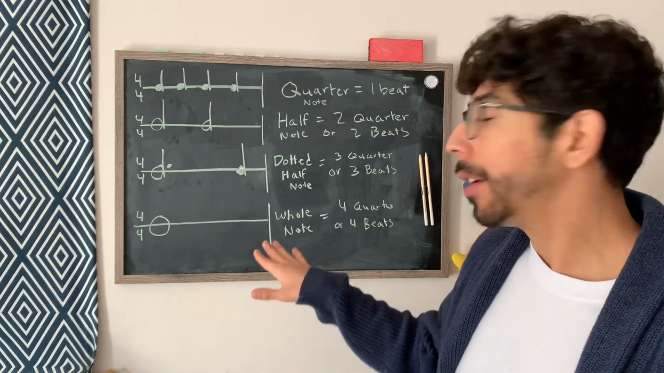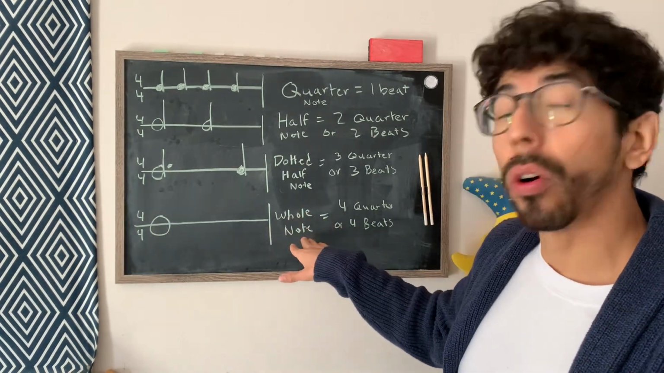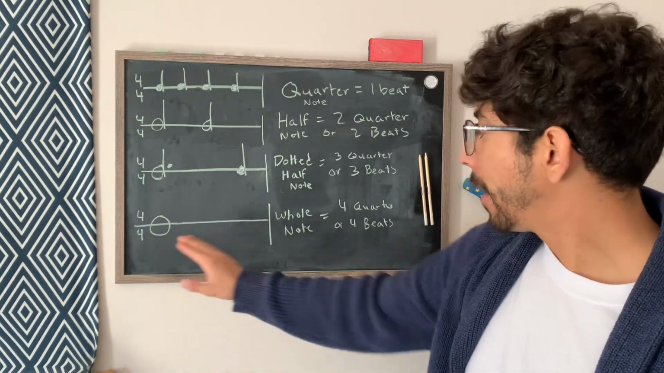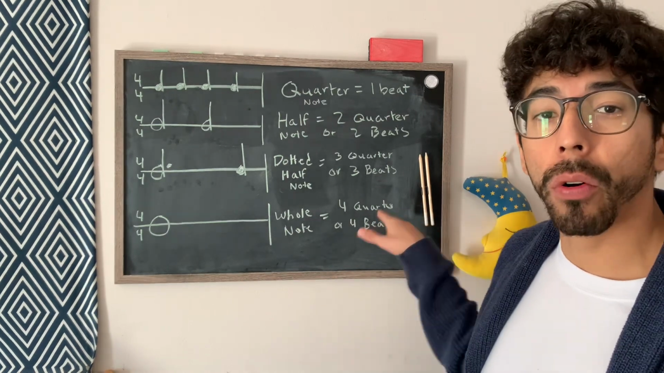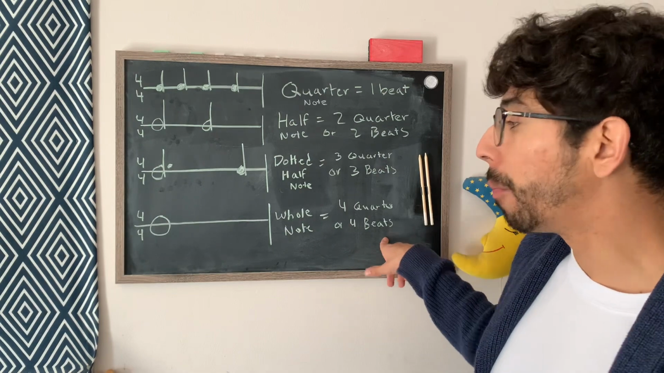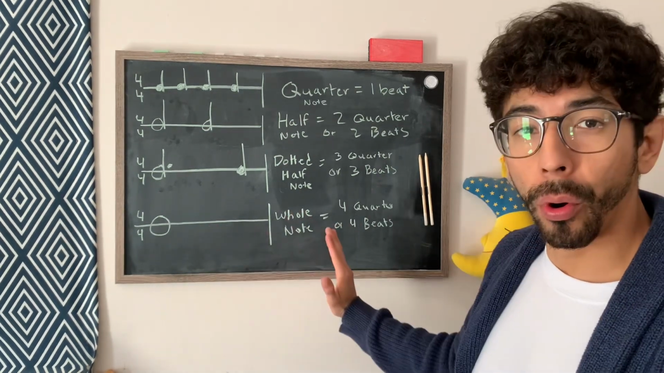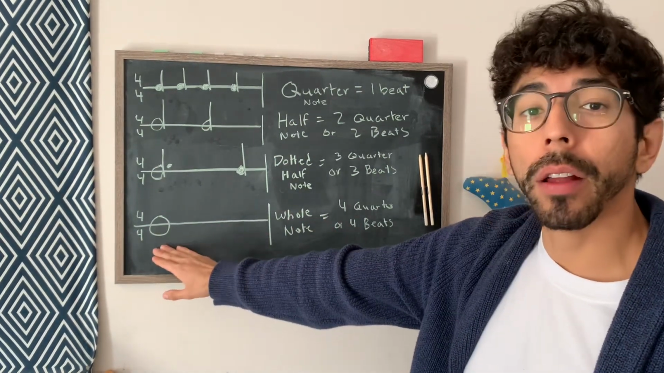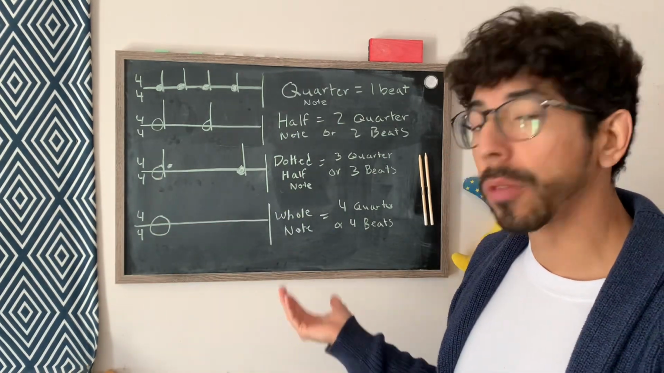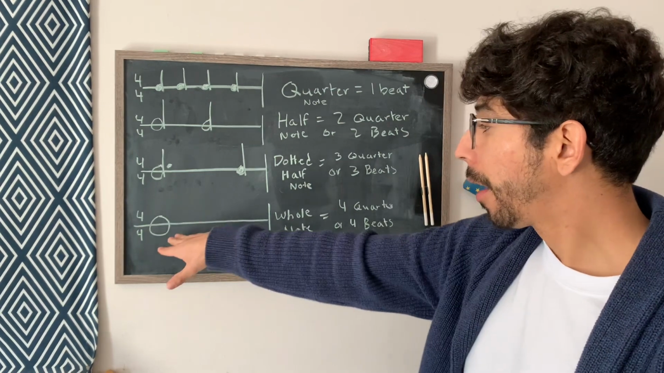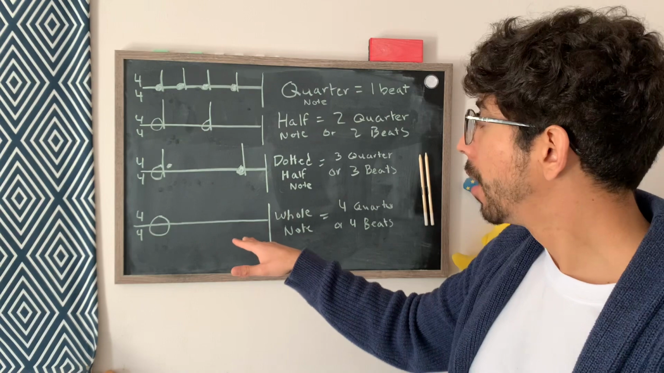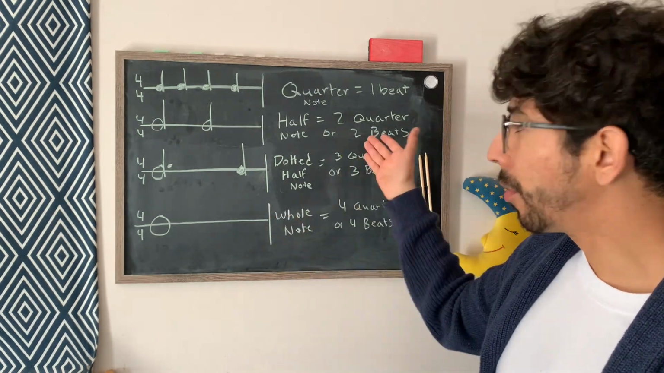And lastly, this is the whole note, and it's represented just by an open circle, and a whole note equals 4 quarter notes, or in this case of 4/4 time, 4 beats. So we would just hold it for the whole 4 count. 1, 2, 3, 4, off. So we would just play a note or a chord and hold it for the full 4 beats, or the full measure in this case. And yeah, so that kind of